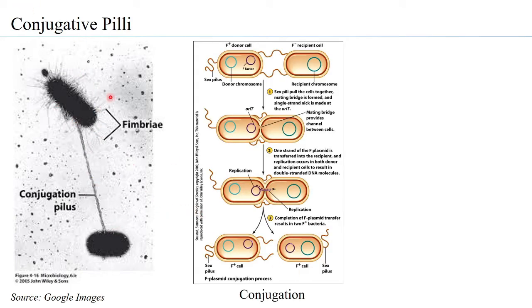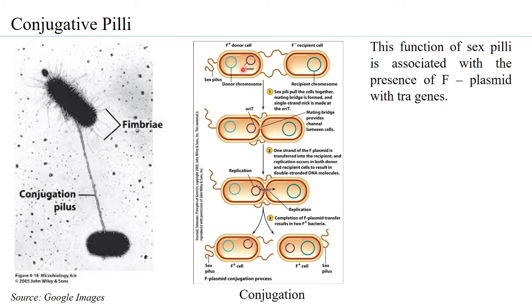To understand what conjugation is or how conjugation happens because of the conjugative pili, consider you have a cell which has a plasmid called F factor. So it is observed that the function of the sex pili has been associated in a lot of bacteria with what is termed the F plasmid. But there are studies that have also shown that several sex pili are also associated with the genomic DNA of bacteria. But most are found to be associated with the F plasmid, which is also called the fertility factor.